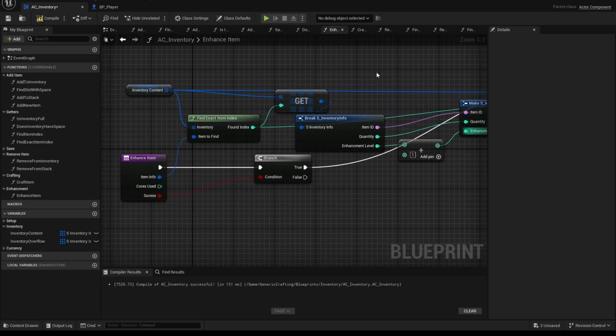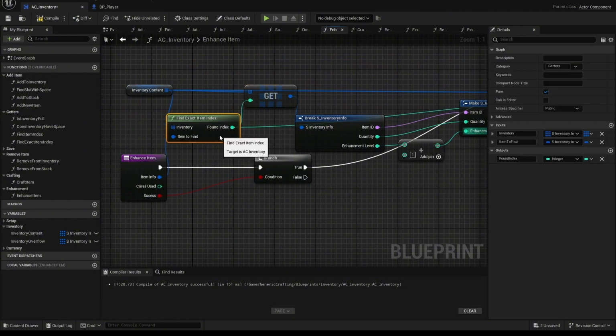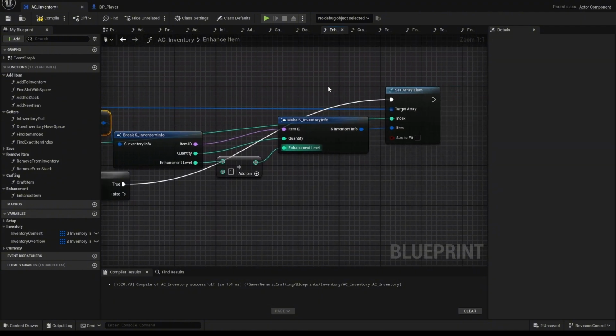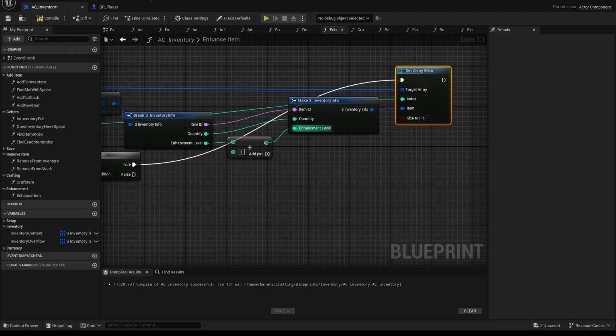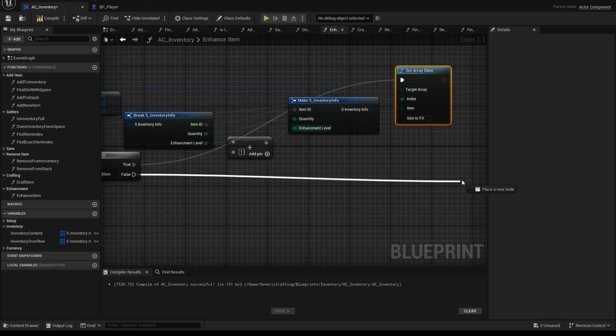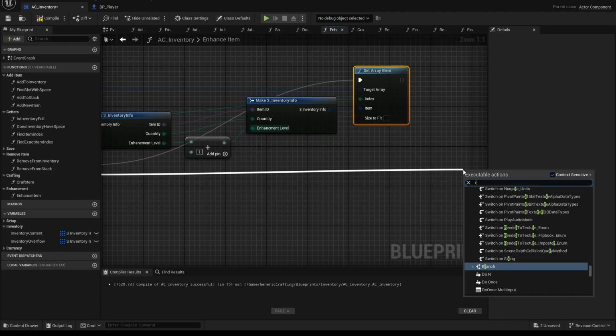And that's going to set the array element that that item already existed at to just +1 on the enhancement level. Okay? Hopefully you followed along there. Not too much, right? Not too bad. And then we're going to call remove